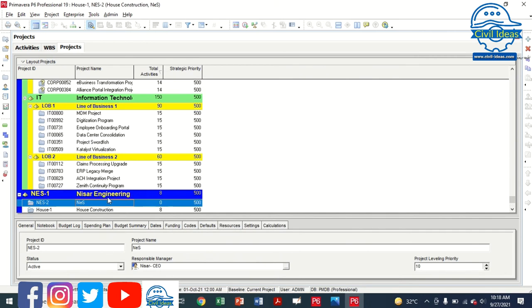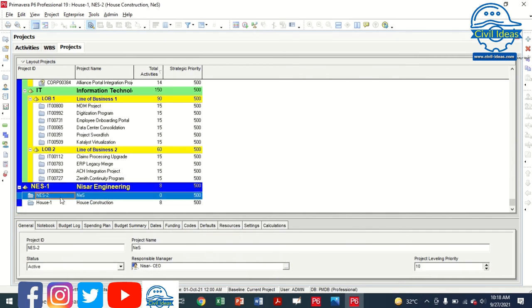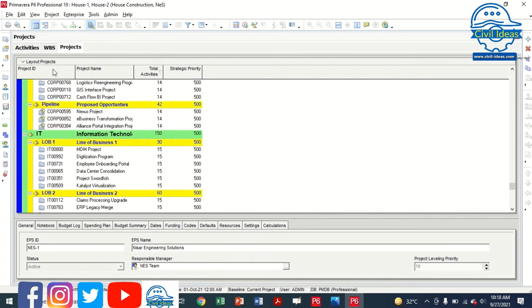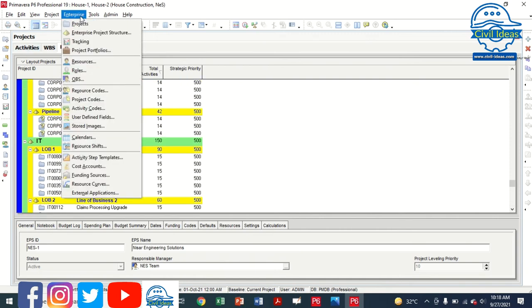Now you can see here, Nisar. So this is my second project I've added here, and this one is the house construction. And yes, we can rename it here, house 2. Okay, and yes, house construction. Now I will show you how we